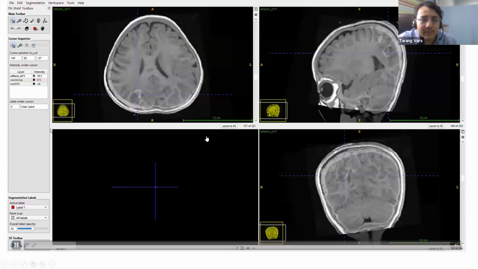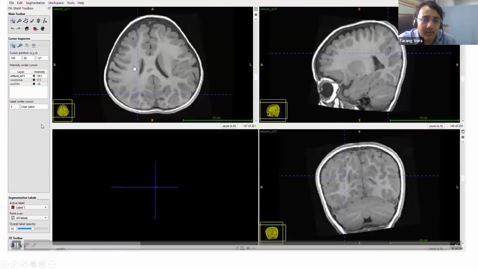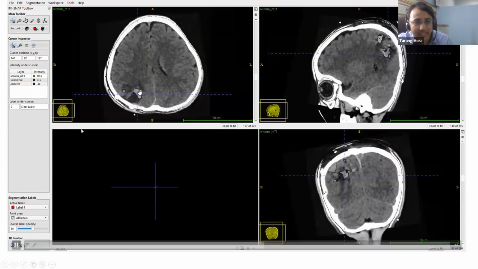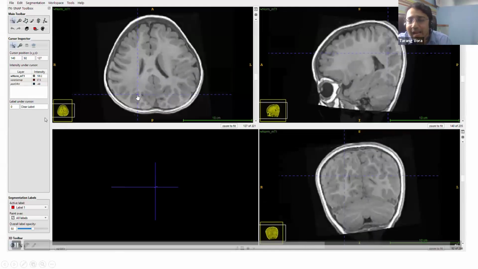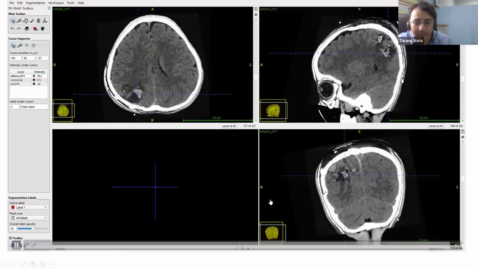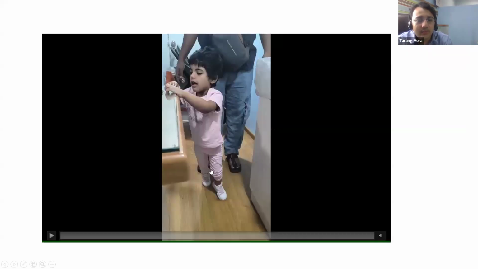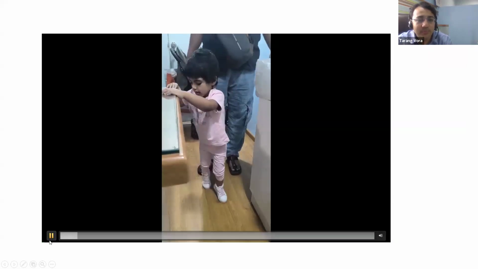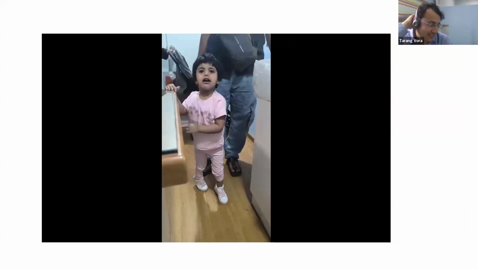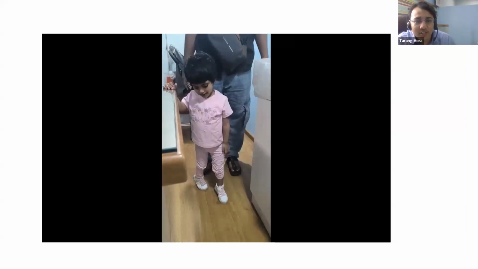And this is our post-op scan, merged on the pre-op scan, where we are seeing the area of resection that we had planned based on the PET, the texture analysis, and the morphometric analysis. And this is the child at 3-month follow-up, still doing better. Now, of course, she can sit with support. She's able to stand with minimal support. She has come a long way. Her development milestones have started to improve. She is seizure-free so far.